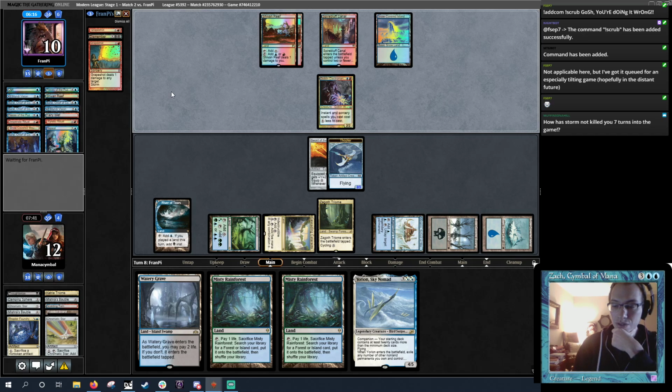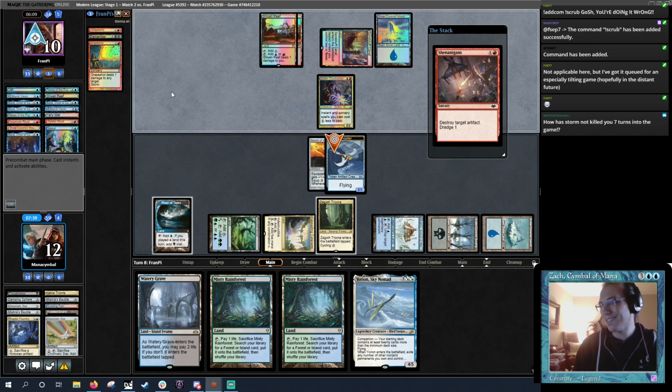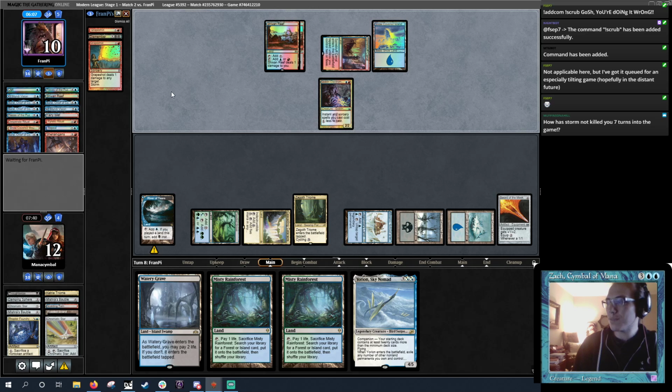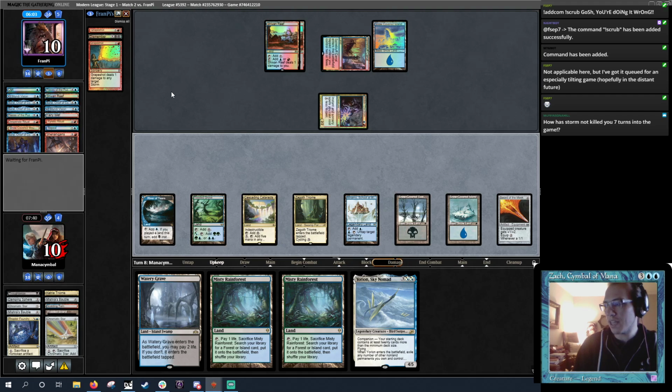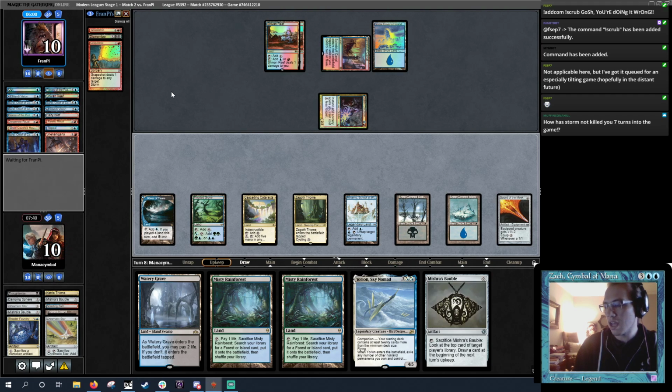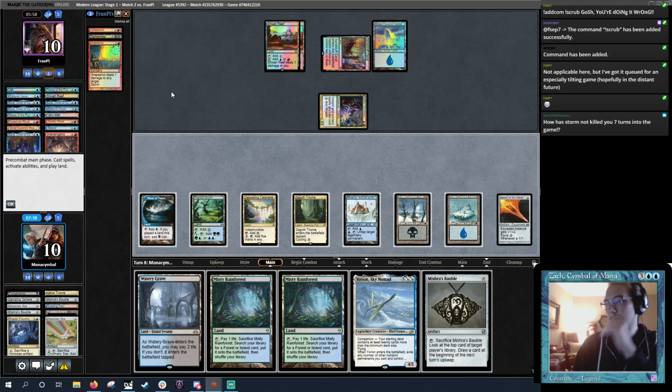How has Storm not killed you 7 turns into the game? I don't know. They're apparently drawing even worse than I am. Okay, so Shenanigans, yeah. Oh, but now they can't Dismember for Storm count unless they kill their Goblin. Huh. Maybe they're not planning on doing that anymore. They're not. Wild. Okay, I mean...